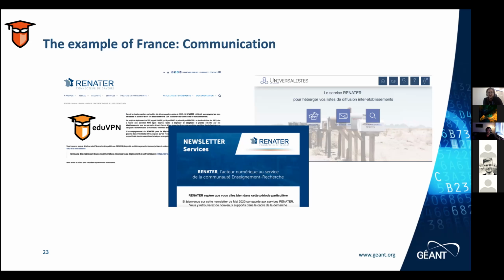We used the website as well. We used mailing lists. The advantage of mailing lists is that we had directly the emails of the institutions. That was quite good, but unfortunately you have answers when you do this. So be ready to respond to lots of emails if you do this. But for the communication part, we had lots of good feedback, because they had the feeling that we were there as well and we were supporting them.